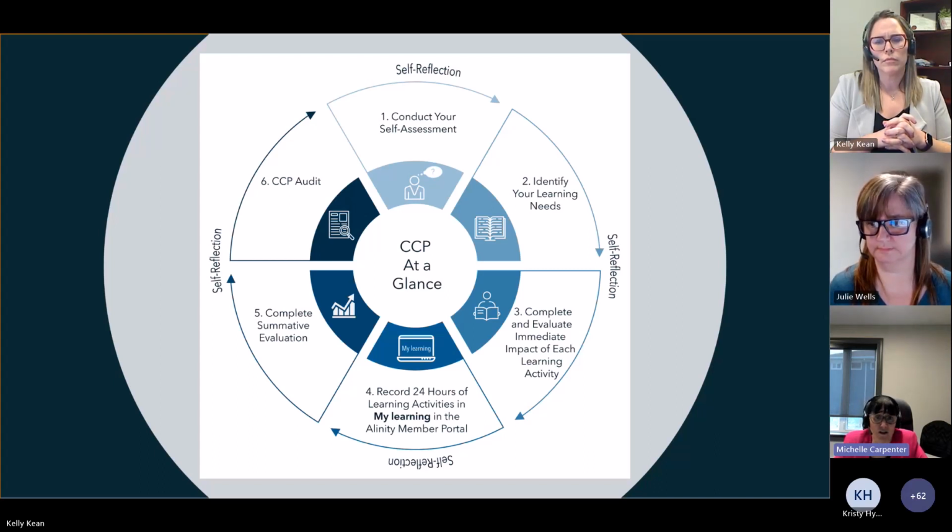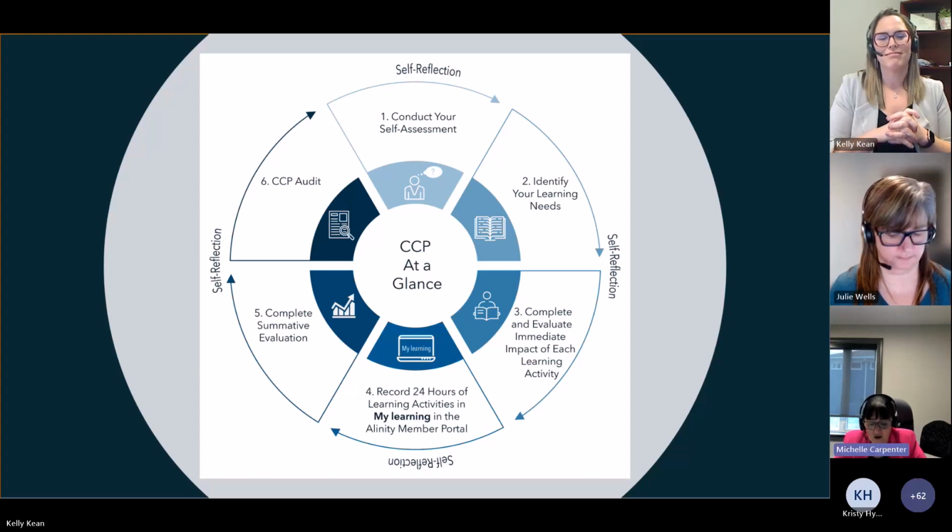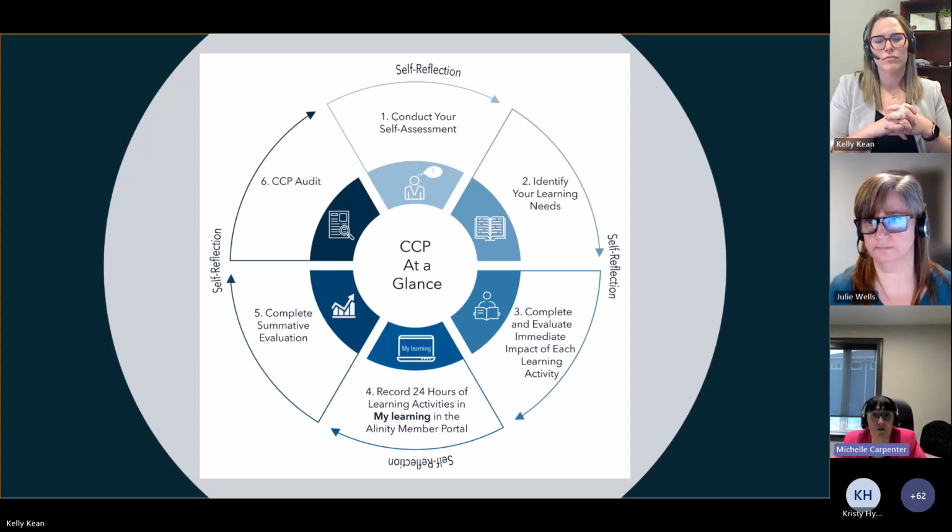Until the beginning of March 1st. So, just a tip: get started soon if you haven't already started. So, in our resources for the new CCP, we have a diagram that depicts the 6 steps of the new